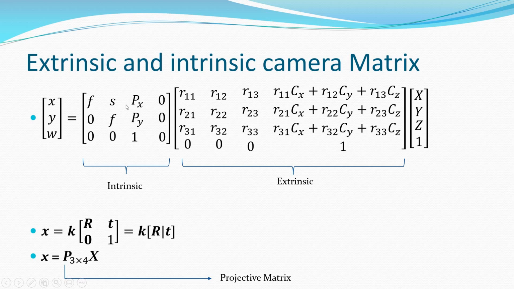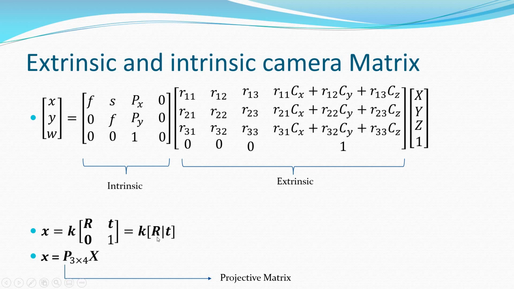So K belongs to this intrinsic matrix, R is this thing, and T is this thing. You still have this row over here, 0 0 0 1, but because it is not very informative, you don't put that in the notation. This is how one can represent the intrinsic and extrinsic matrix. So given K, that is, given these parameters, and given the rotation and the translation, you can very well get both of these matrices, intrinsic and extrinsic.